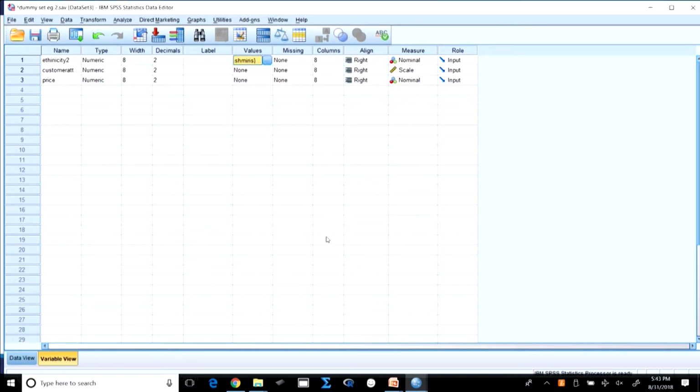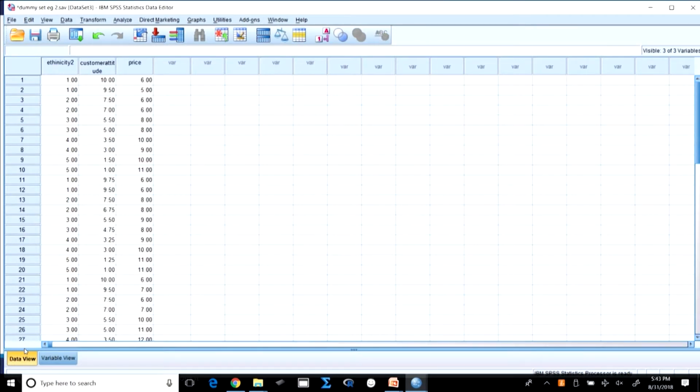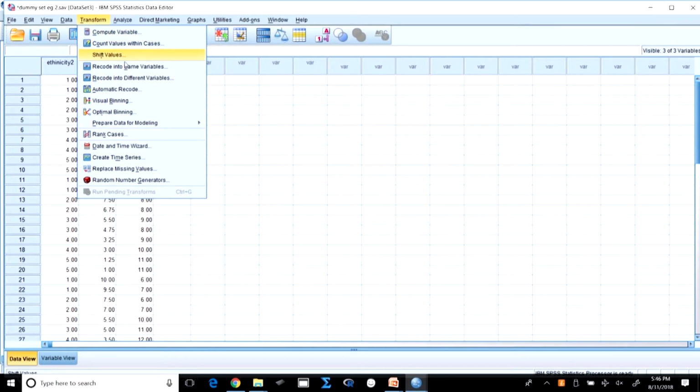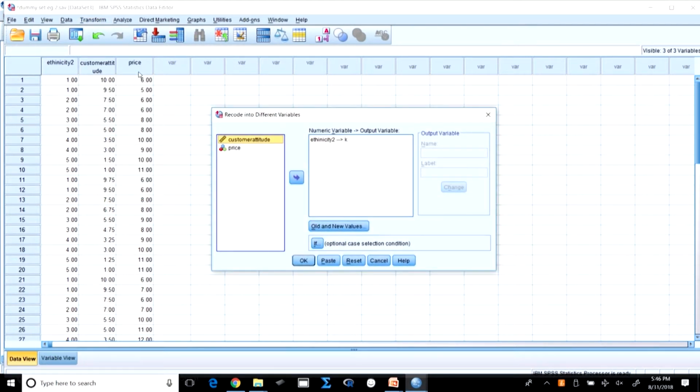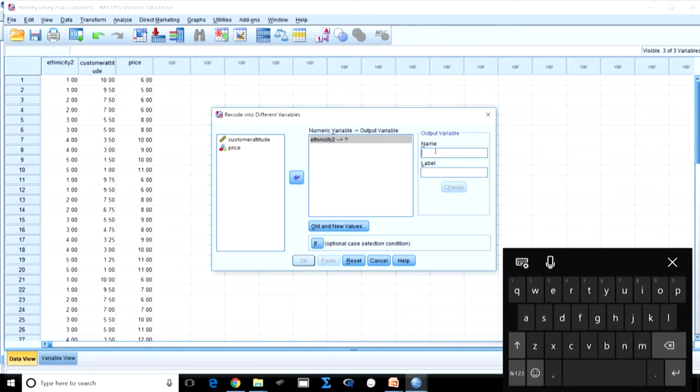So, now how do I create my dummy variables? Let us go to Transform, and then recode into different variables. We want ethnicity. I have already taken it, so let us reset it, okay, ethnicity. The first one I am doing is for Kashmir, and I want to label it as only K, easy, right.